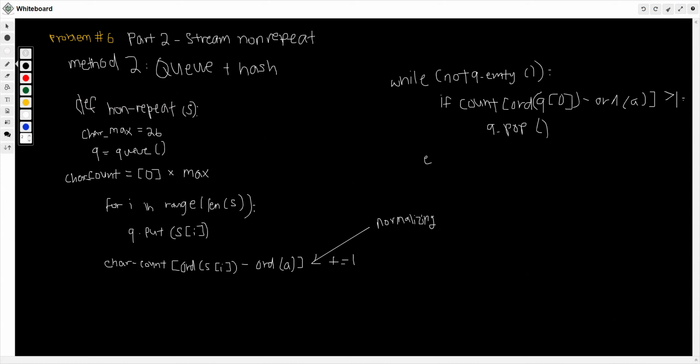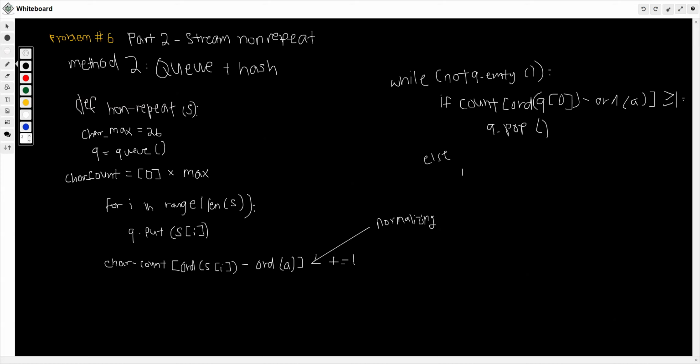So we're going to write an else statement. We don't need to state it, but if it gets to this point, that means that there was an element that was less than 1, and that means that it is unique.